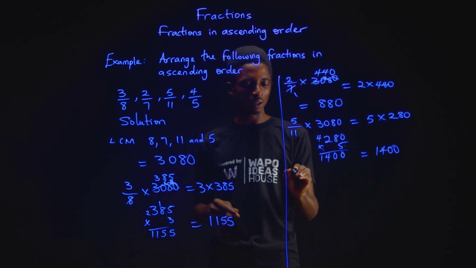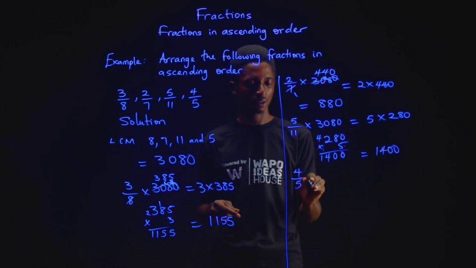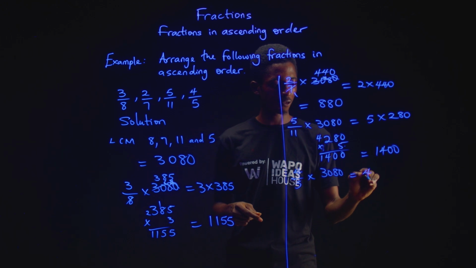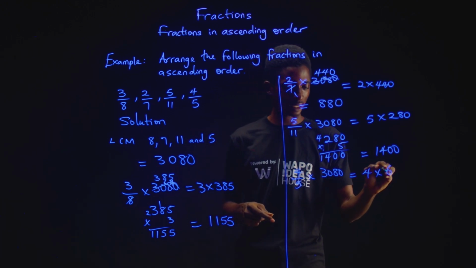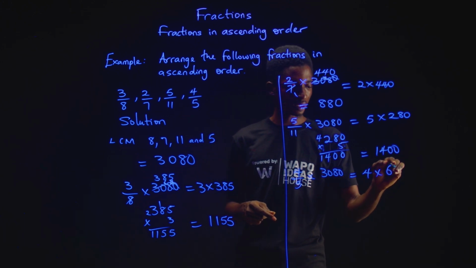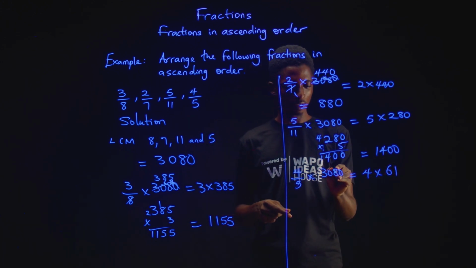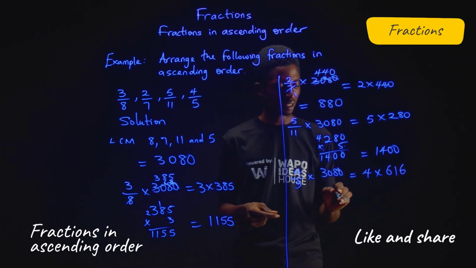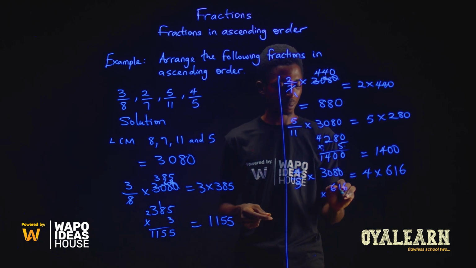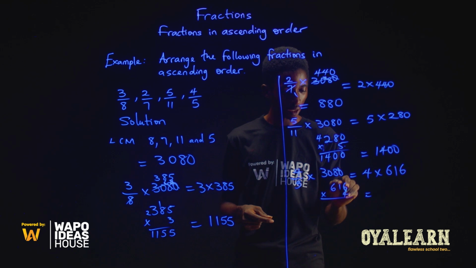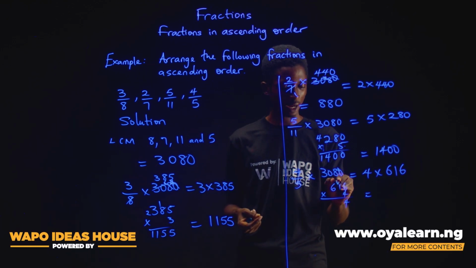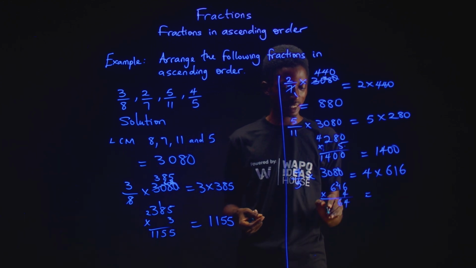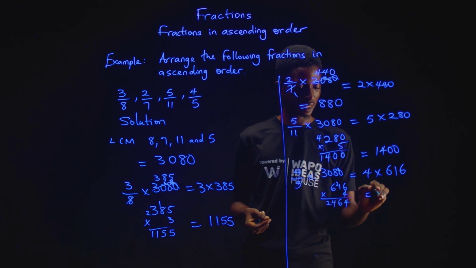1400. And then the final question, we have 4 over 5 times 3080. This will give you 4 times 5 in 30, that's 6. In 8 is 1. Remember 3. And then in 30 we have 6. That is 616. Now 616 multiplied by 4 would give us 4 times 6 is 24. 4 carry the 2. 4 times 1 is 4. Plus 2, that's 6. Now 4 times 6 is 24. That is, our answer here is